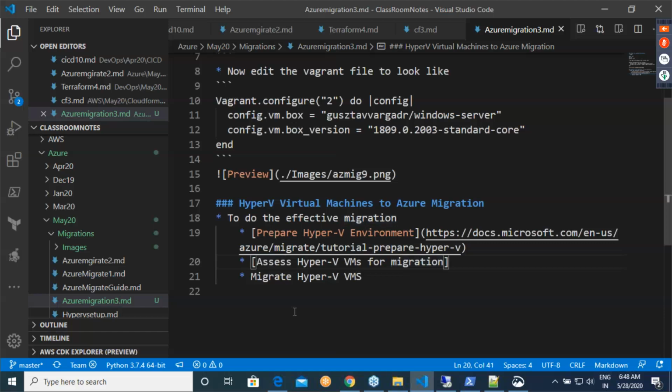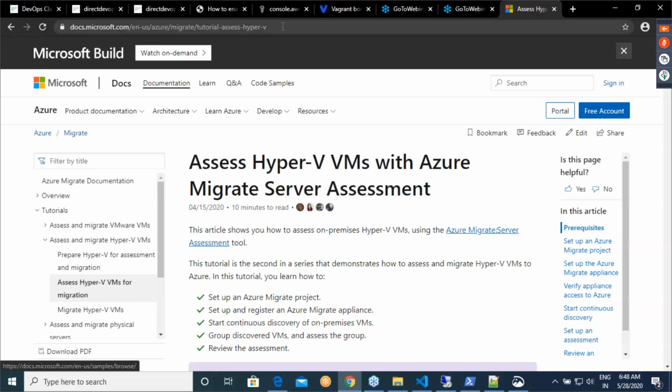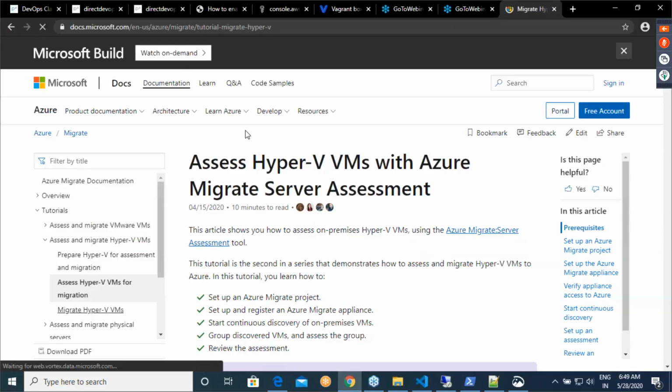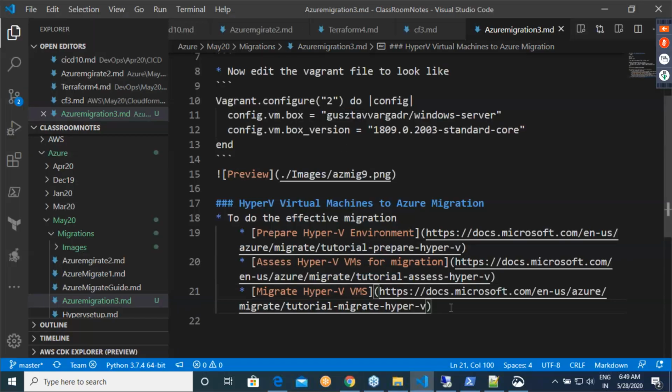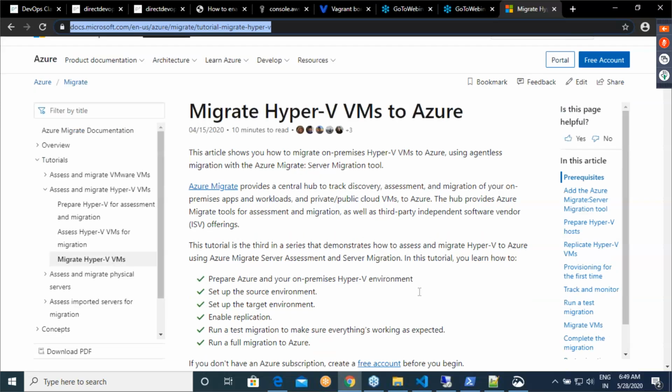We have to blindly follow this documentation, and understand one thing, this documentation always changes. Last time whenever I was doing the migration and when I'm doing it now, not all the steps are the same. They change a bit. Microsoft is already doing a lot of innovation over there to make our life simple.